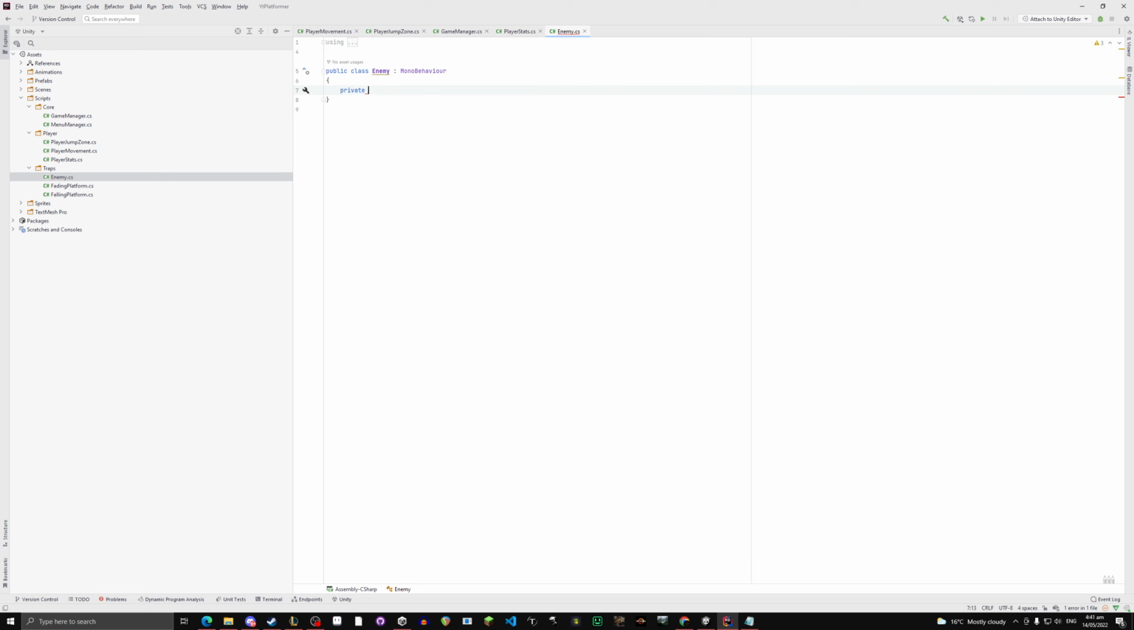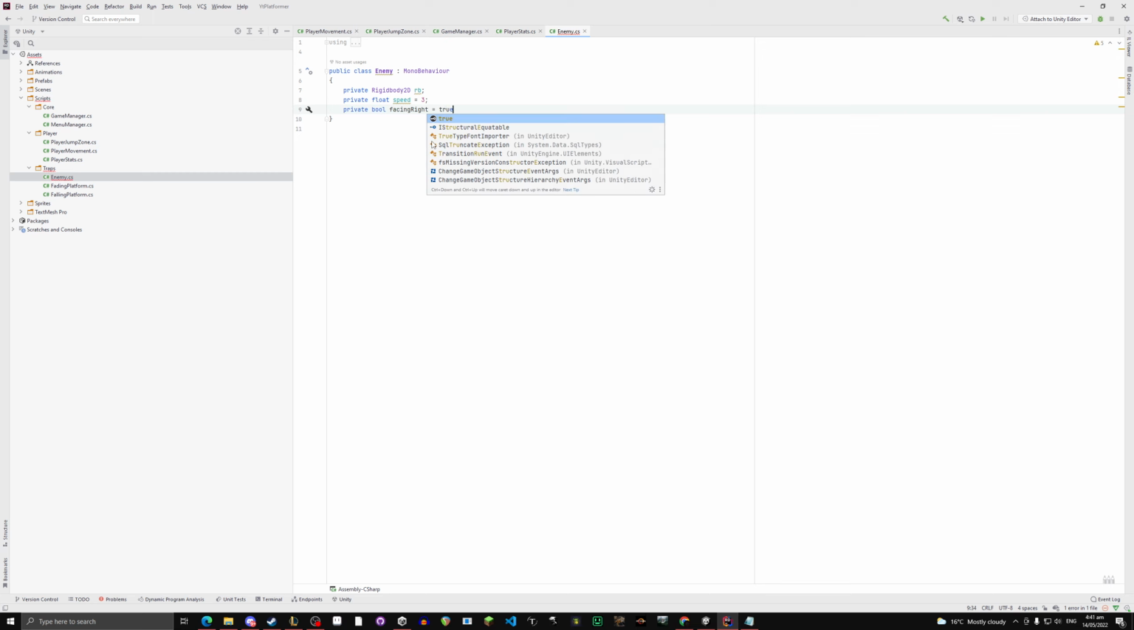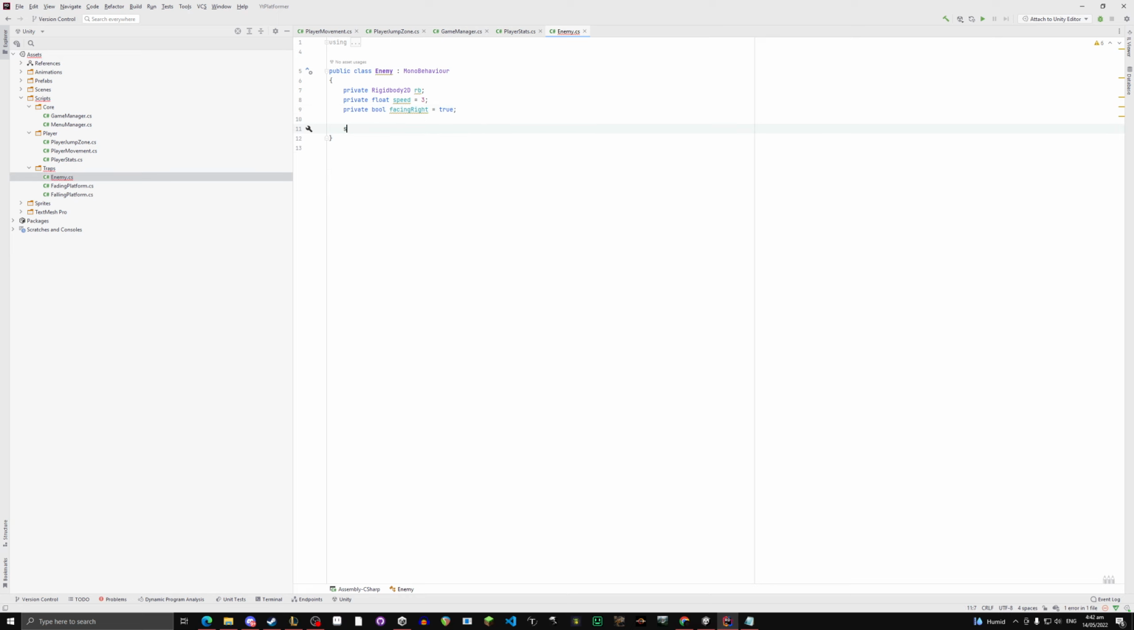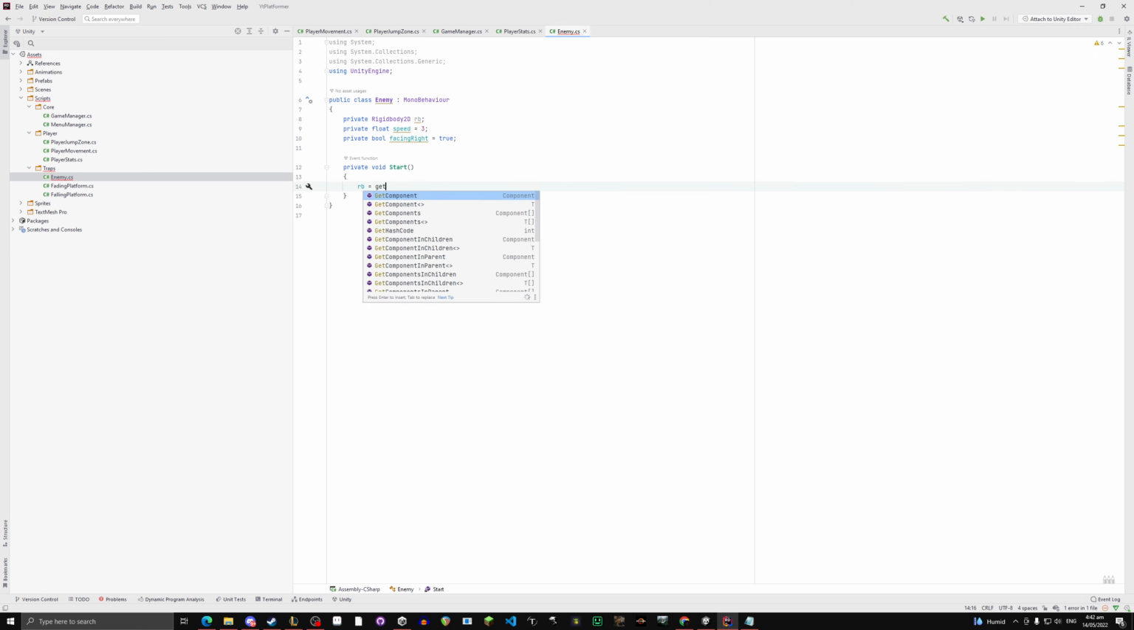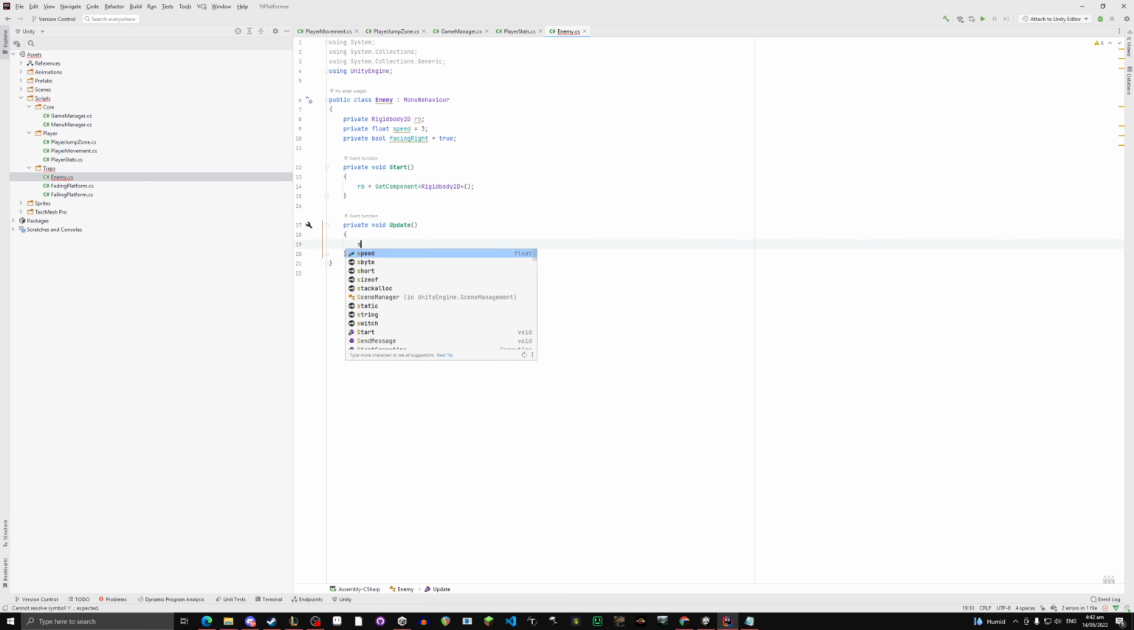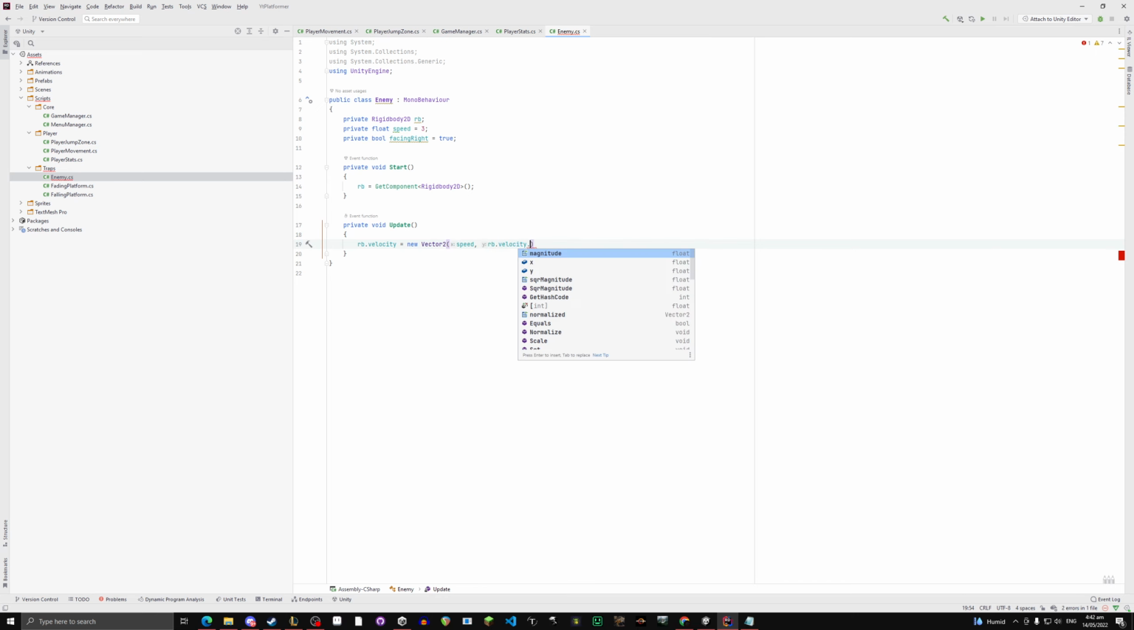and we're going to do a private Unity2D RB, and private float speed equals 3. Let's just do 3. And then a private bool facing right equals true by default. And then we can do start. Oh, that's static. We do start RB equals get component Unity2D. And then we're going to do an update. RB dot velocity equals new vector2 speed, and then RB dot velocity dot y,